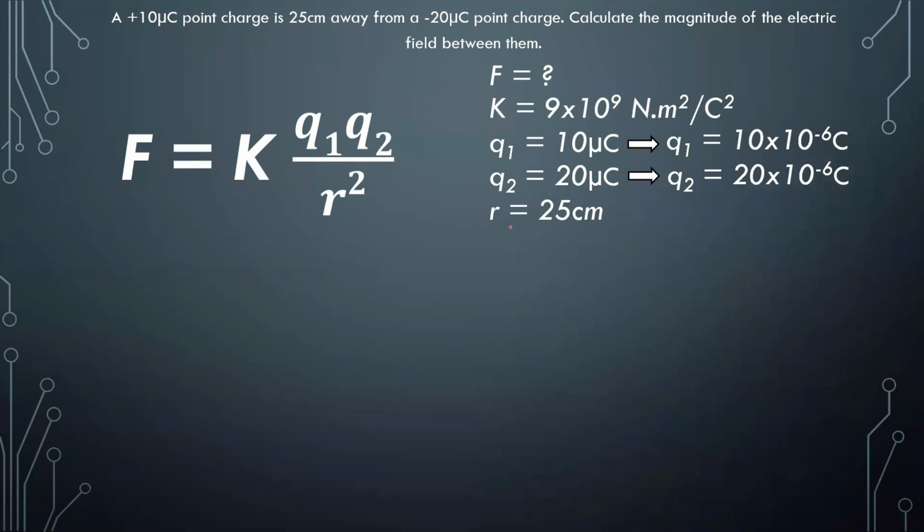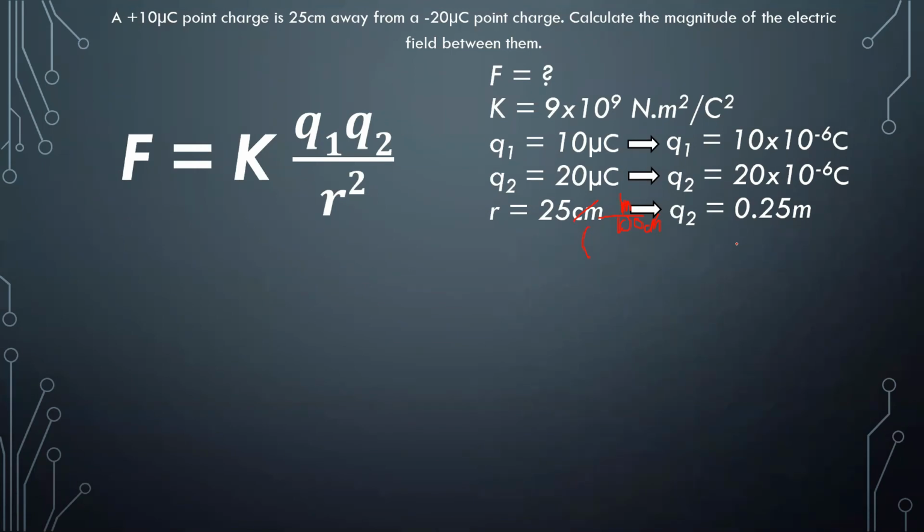And since our radius, our distance is in centimeters, so convert natin siya into meter by multiplying 1 meter over 100 centimeters. So cancel yung centimeters. Then 25 divided by 100, that is 0.25